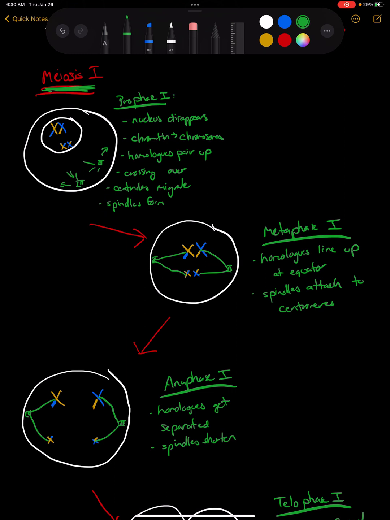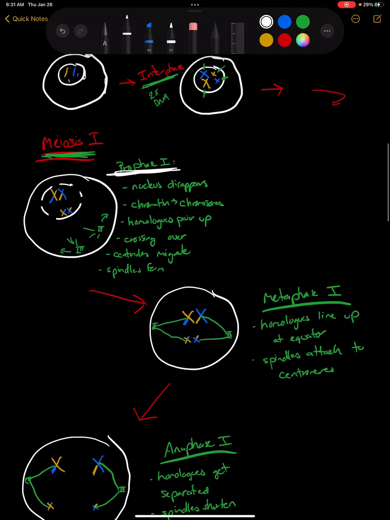In meiosis 1, I get to start with prophase 1. Everything you learned about prophase in mitosis is still pretty accurate. First, my nucleus is going to disappear, so I'm going to start cutting holes in this nucleus so my chromosomes can move around. The chromatin condenses into chromosomes. I didn't show that because I was trying to keep this simple, but remember, my DNA is usually all stringy, and then it condenses into these nice, easy-to-move replicated chromosomes.